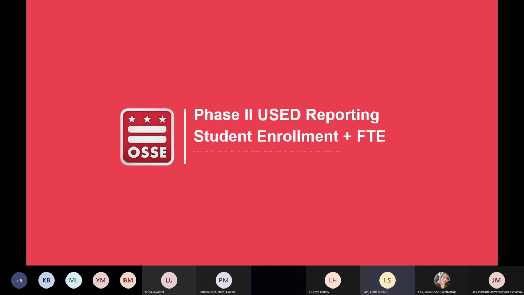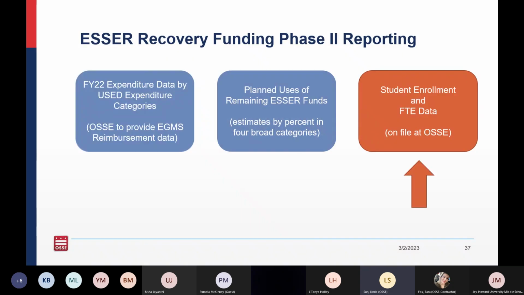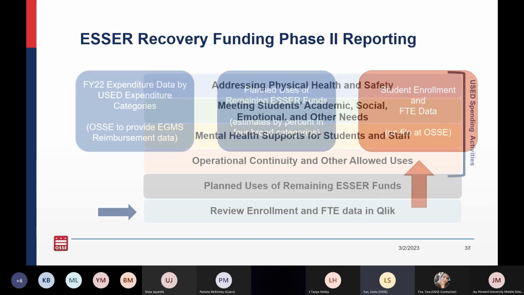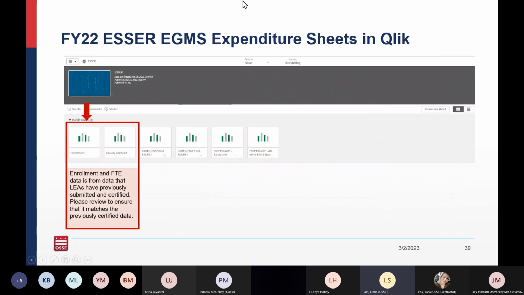All right, and then last but not least, the student enrollment and full-time employees. So again, this is already on file at OSSE, so you don't need to actually submit any numbers here. We will upload these numbers for you in Click. If you remember this screen from before, this is the same place you're going to go to download your EGMS reimbursement data for the first section of the template that you would upload into IDS.